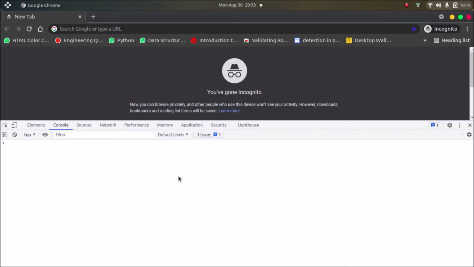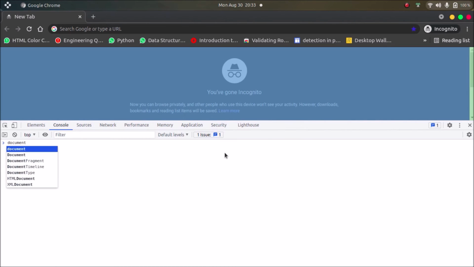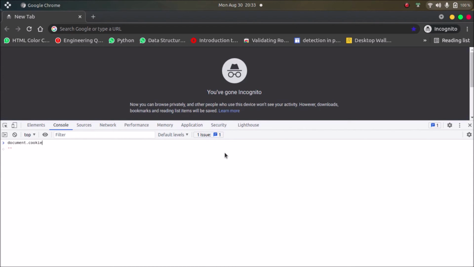Okay, so let's see how cookie works. For saving a cookie, we will use document.cookie, and here we will give the value. Again, here you can give the value in the form of key value pair. For example, username is equal to avs27.